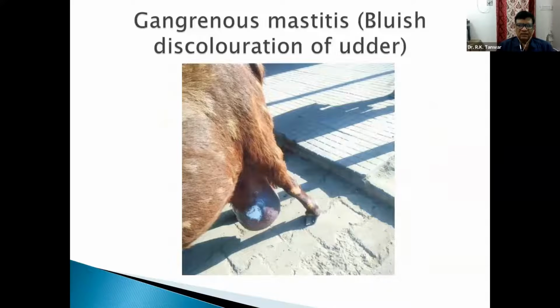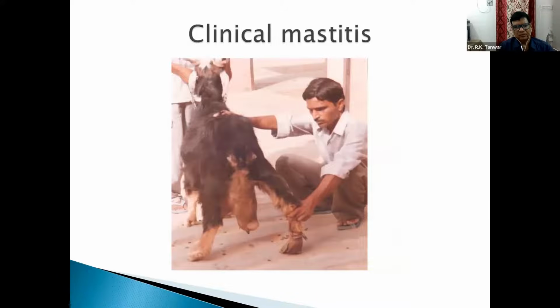This is a gangrenous mastitis where you can see that the udder has a bluish discoloration. As in gangrene, the blood supply is affected, the whole udder is gone, no milk. Ultimately, the animal is used for salvage purposes. This is another case of clinical mastitis where